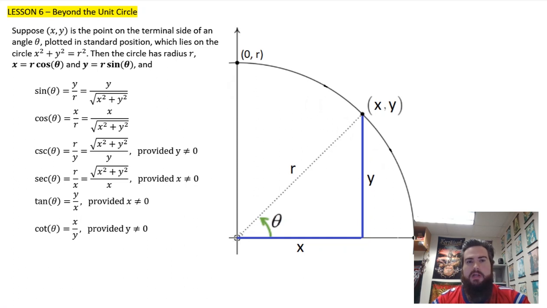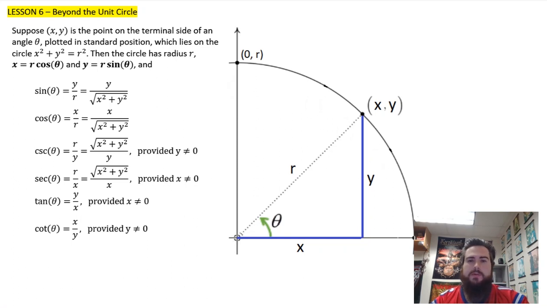Lesson 6, Beyond the Unit Circle. Up to this point, we've primarily been using angle measures and values that are defined within the unit circle, a circle that has a radius of 1. However, we should be able to apply and use these trig functions for anything, not just within the unit circle, because we should be able to also use and establish the concept of similar triangles to go beyond the unit